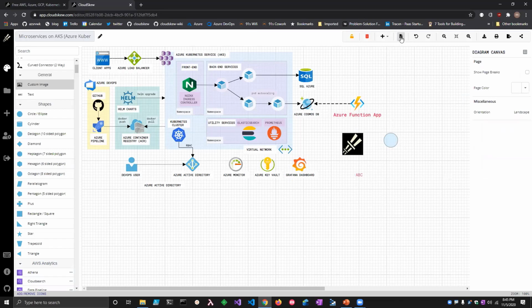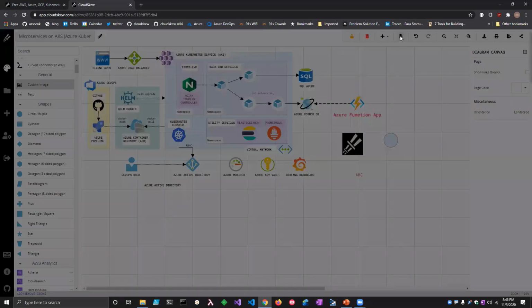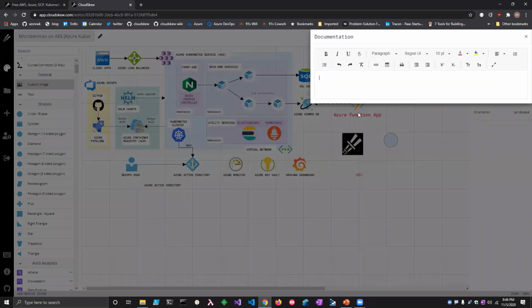And of course, one of the things that we find is people generally tend to export their diagrams and embed them onto Word or Google Docs, and then wrap the documentation around those docs. Instead, what you could do is open the documentation editor straight away, and essentially attach the documentation to the diagram itself.